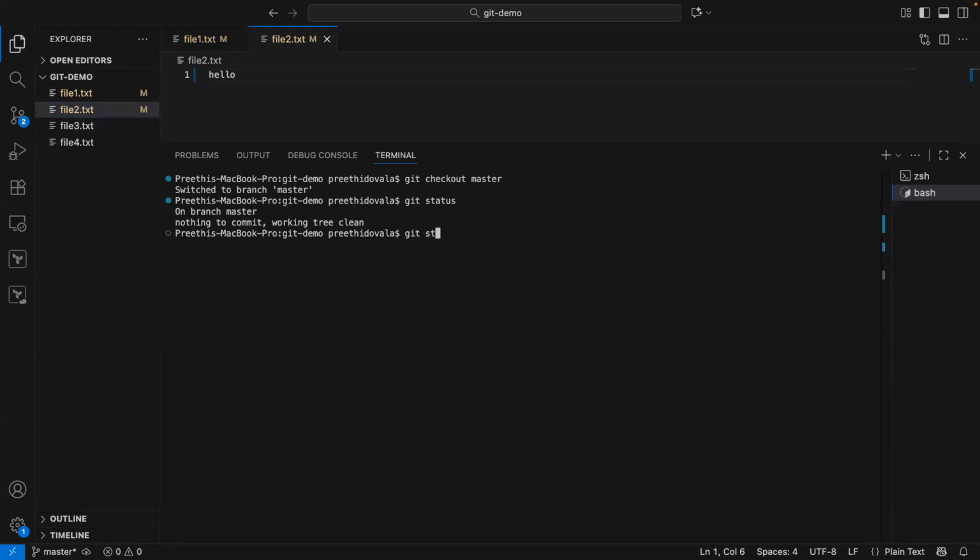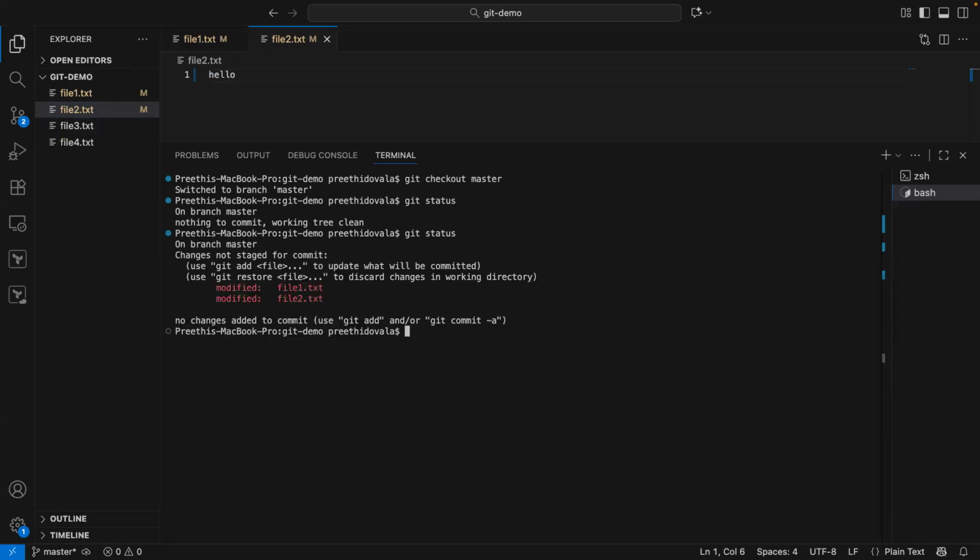Let's do the status to check this out. Right? Changes not staged. So it has got some unstaged changes. These changes are in the working directory. And so you have to add and then commit. But let's say I don't want to add and commit as of now. They're in the working directory, right? So I don't want to add and commit. At the same time, I don't want to lose them, right? So I want to put them on temporary shelves where I'll do git stash,